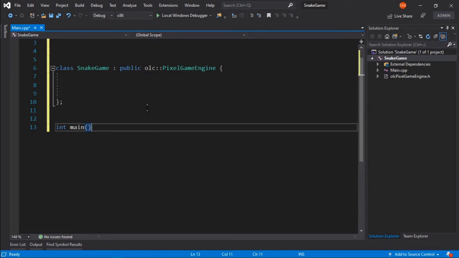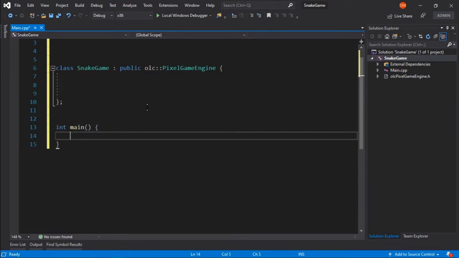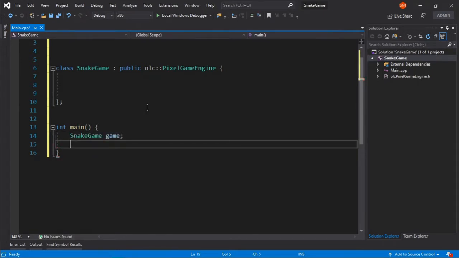Let's declare our entry point here, that is our int main, and let's create a SnakeGame called game. And then we need to construct this game. So if the construction is successful, that is if game.Construct,